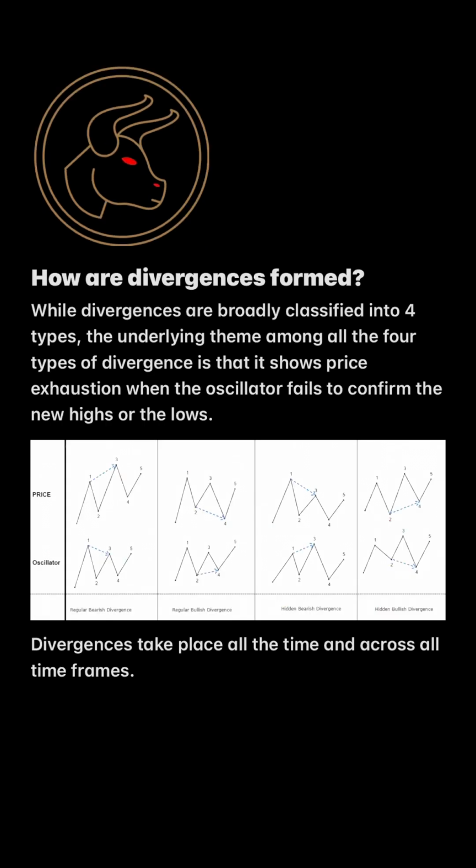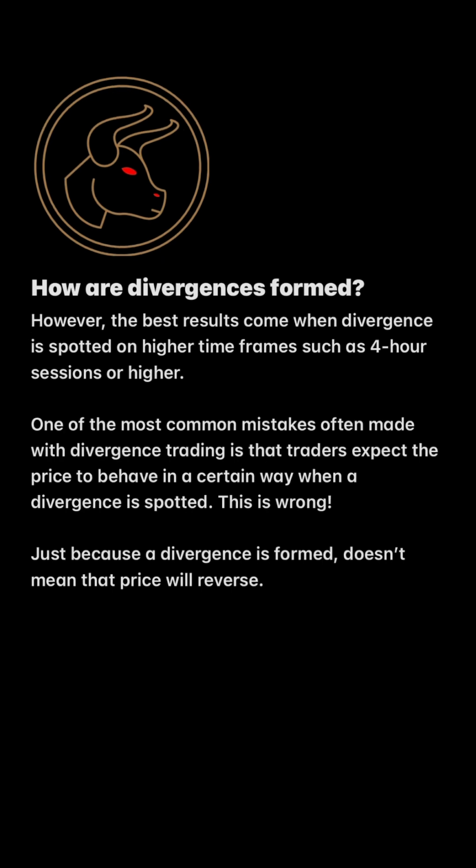While divergences are broadly classified into four types, the underlying thing among all four is that they show price exhaustion when the oscillator fails to confirm the new highs or new lows. Divergences take place in all time frames. That's important to know because if you're looking at a 5-minute time frame, you can utilize the 15-minute or even the 4-hour chart to get a broader sense of what has actually happened. With that said, the best results come when divergence is spotted on the higher time frames, such as a